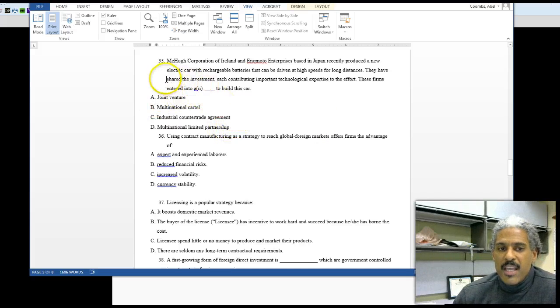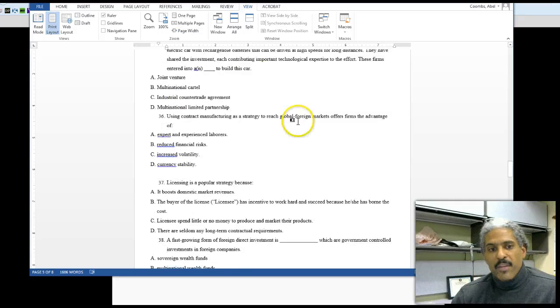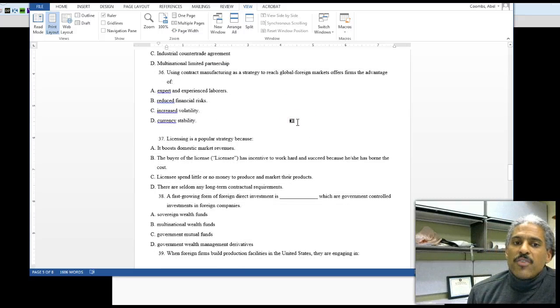And so here was the key answer, shared, right? So shared automatically points you to joint, right? Shared joint venture. 36. Using contract manufacturing as a strategy to reach global foreign markets offers firms the advantage of